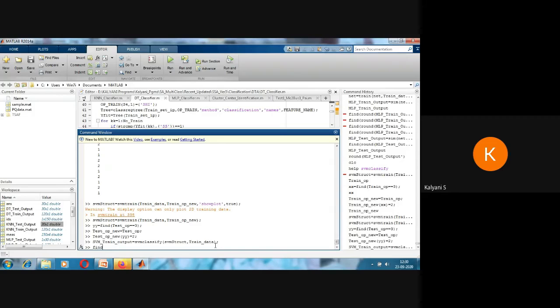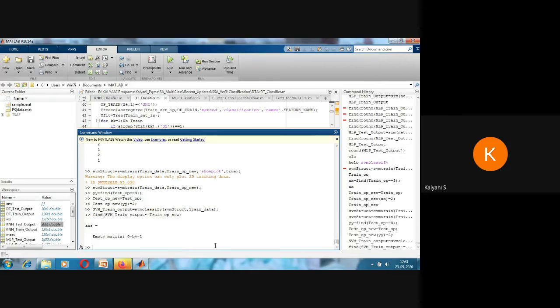Let me do the find option and see how much has been correctly classified, comparing with train output new, because I have converted 3 classes to 2 classes.